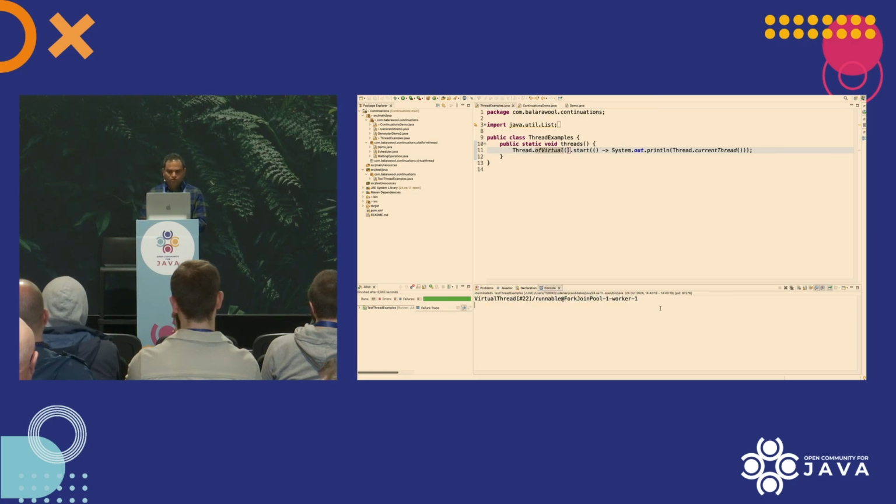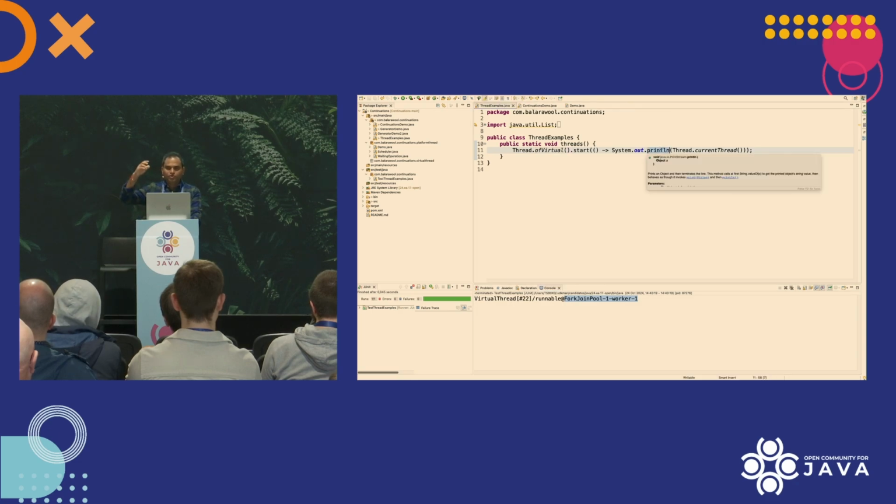And there are a couple of things to notice here. One is this part, which is called the ID of the virtual thread, and this is unique for each virtual thread. Also, everything that is after this @ mark is actually the platform thread onto which this virtual thread was mounted while it executed this statement. So you also get some information about the carrier thread that is carrying the virtual thread if you do toString on the virtual thread that you have.